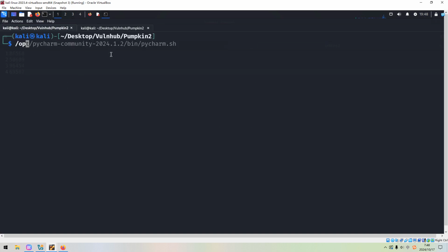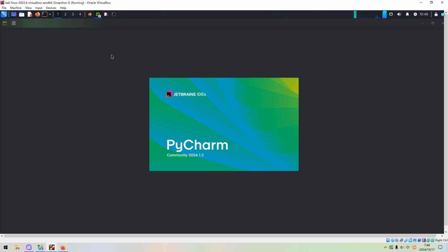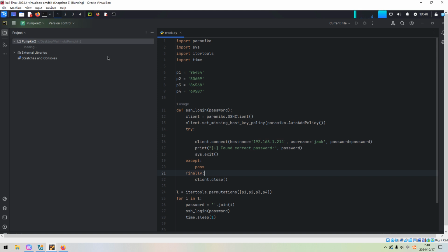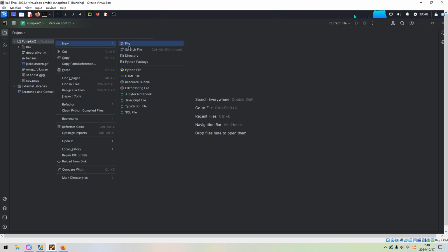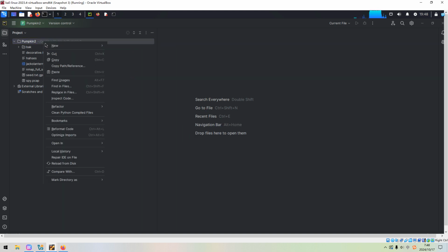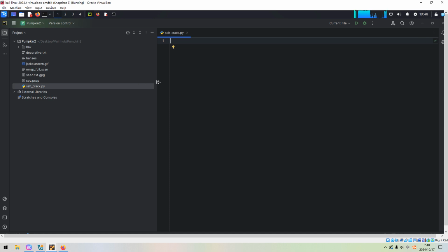Of course, we can use any editor, but for me, PyCharm or Sublime are the best ones. In this case, I'd like to use PyCharm. And we need to create a Python file, ssh_crack.